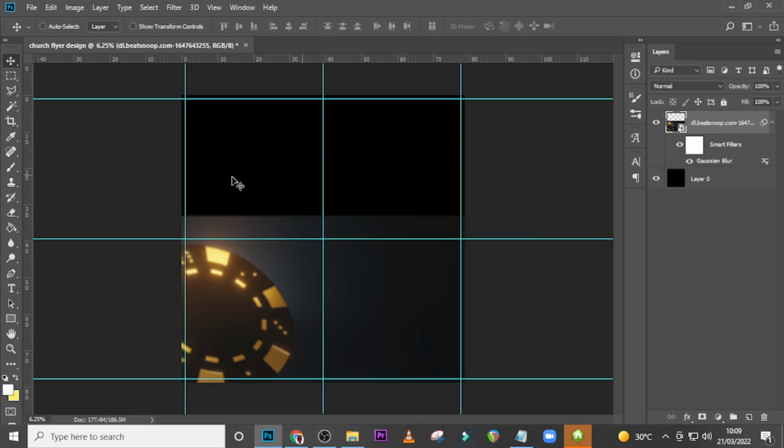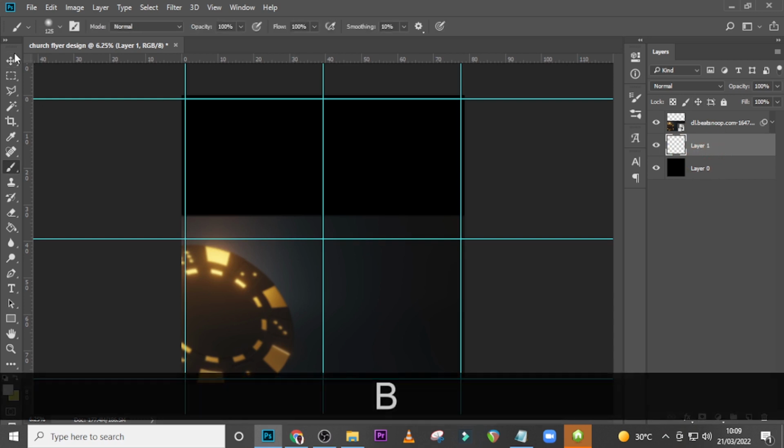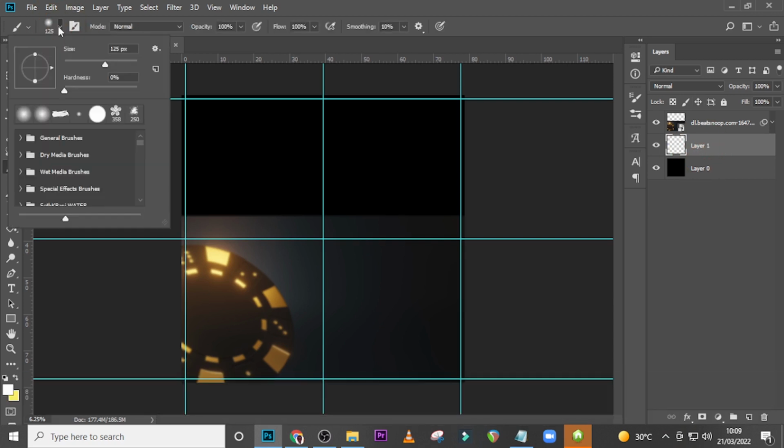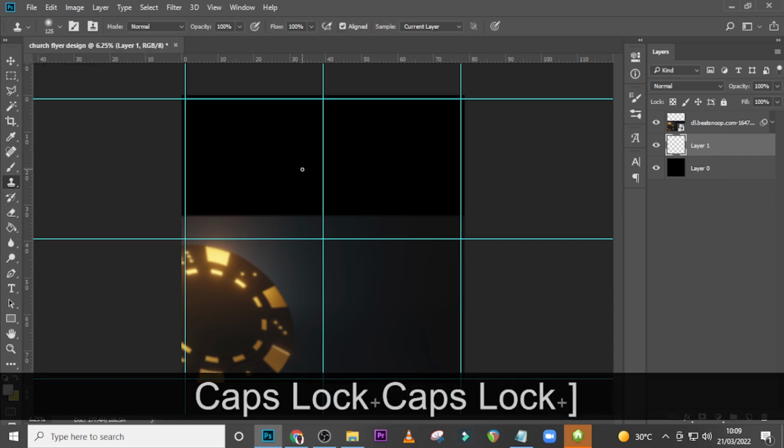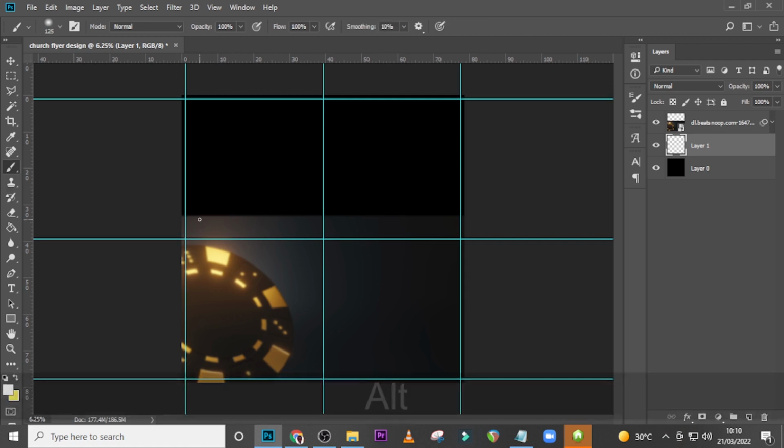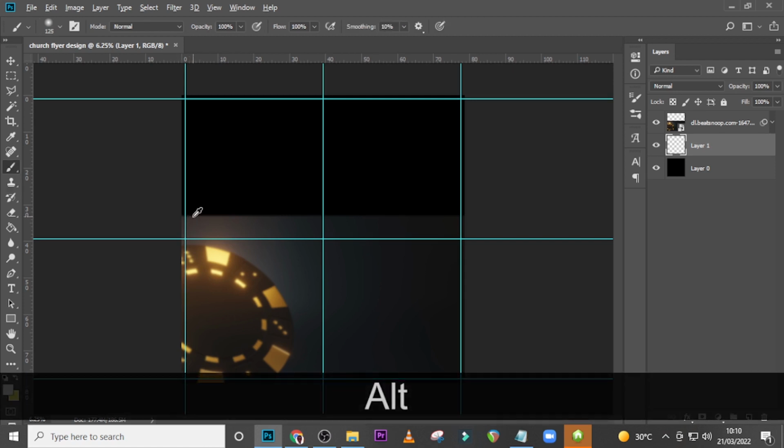Now I can see there's a black background here. I need to make sure it blends nicely, so I'll click here, and then I'll click over here as well, give it a layer in between them, pick my brush, and then go here to my brush options and pick a soft round brush. Also make sure my caps lock is off, and then increase the size of the brush, and then pick the edge of it over here, increase the size of the brush,